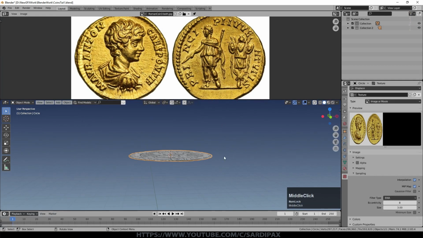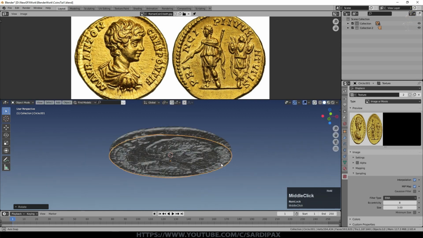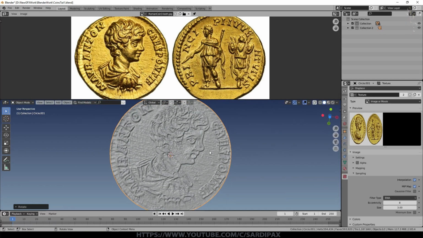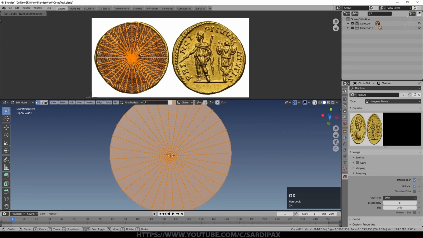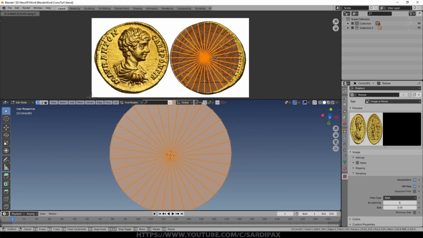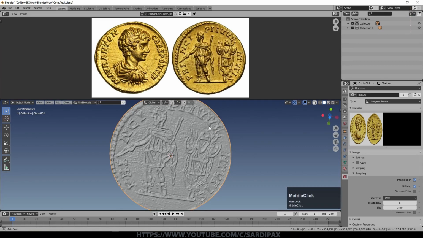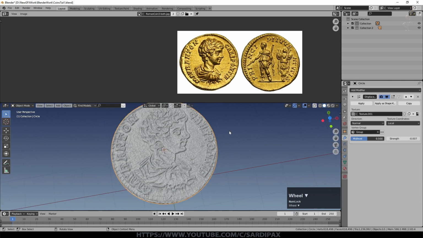So now I'm going to duplicate that, GZ, just to move it down a little. Because the normals are still pointing upwards, I'm going to press R and rotate on the x-axis 180 degrees. And now let's look at that coin face, and this time we'll go into edit mode again, but we're now going to move that one on the x-axis, GX, so that it's using the other side of that image. And there it is.